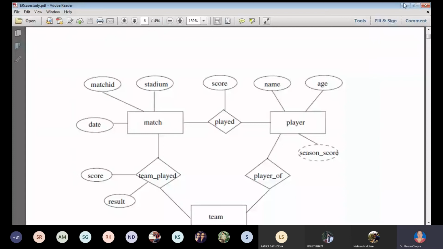I will upload the list of tools also and the ER diagrams. I think I've shared the folder. I have shared it here. Wait for a second. You can take a screenshot of the list of tools and you can explore